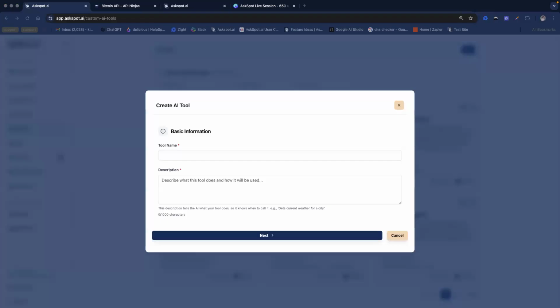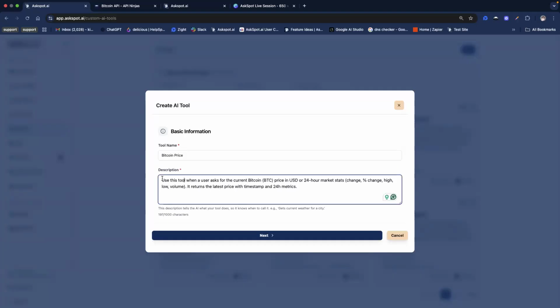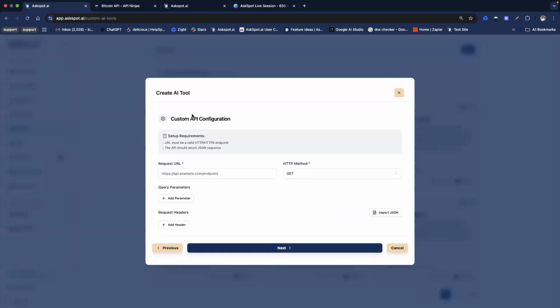So for the tool name, you can just put here Bitcoin price, doesn't really matter. This is just for your reference. And then for the description, how the AI would tell the tool what to do. So: use this tool when a user asks for the current Bitcoin price in USD or 24-hour market stats. It returns the latest price with timestamps right there. And then